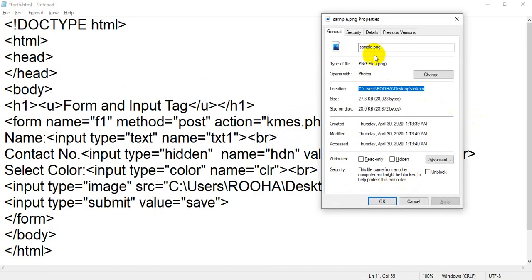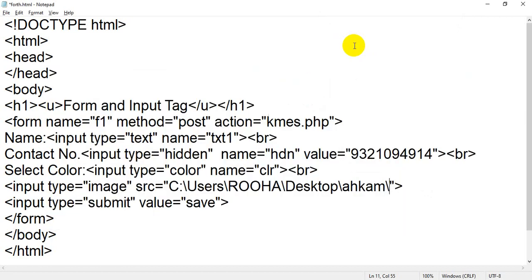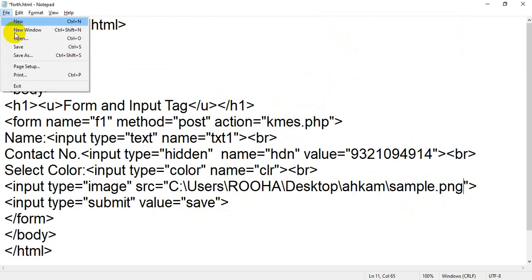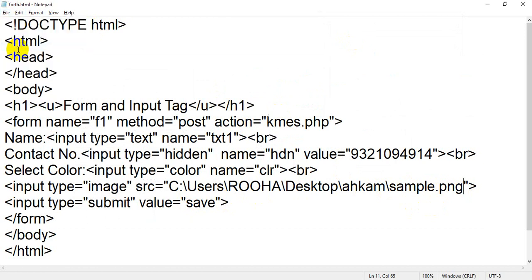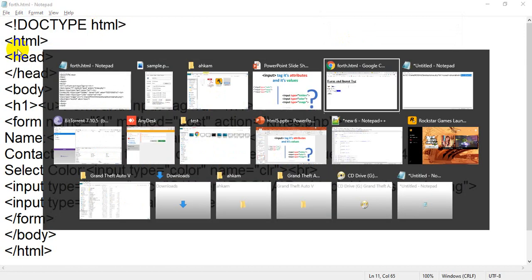On top you will see the name, don't type it, just copy it, because when you type the name, you may create an error or a misspelling. So copy the file name, go back to your notepad and save the file. Sample is the name of the file, and .png is the extension or type of this image. So save this.